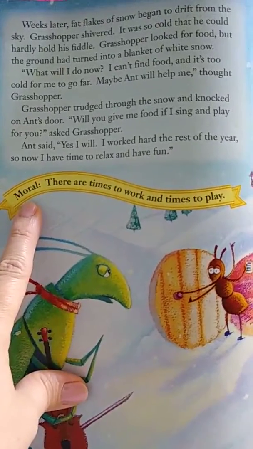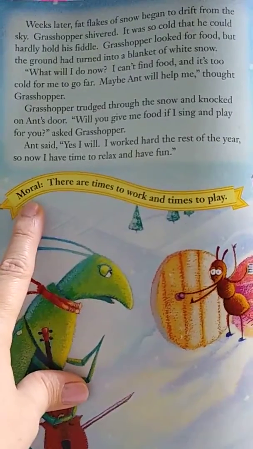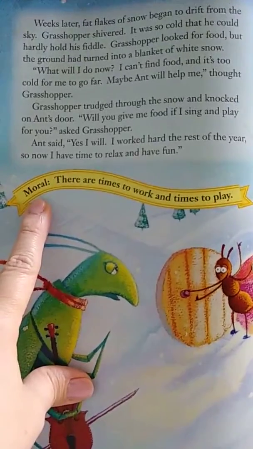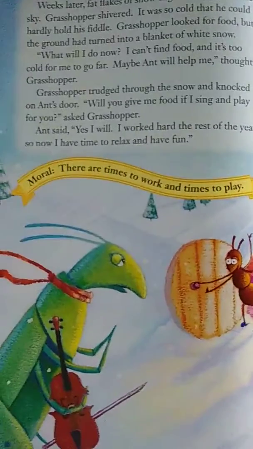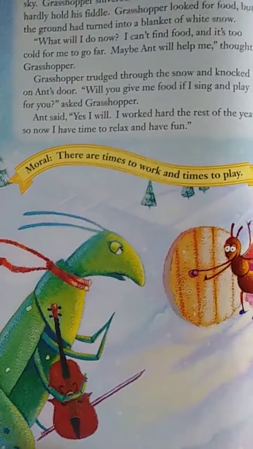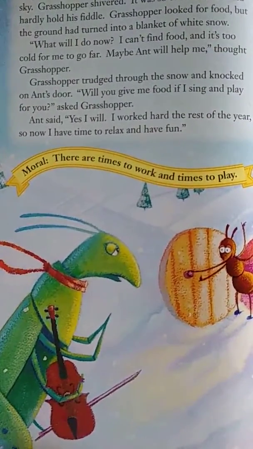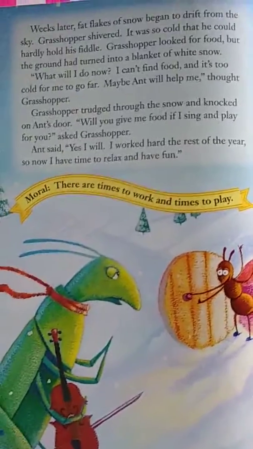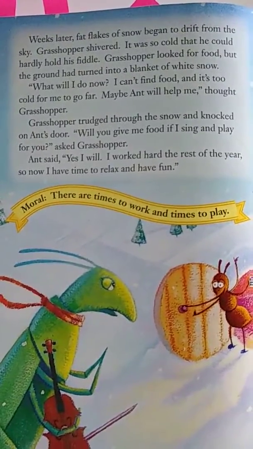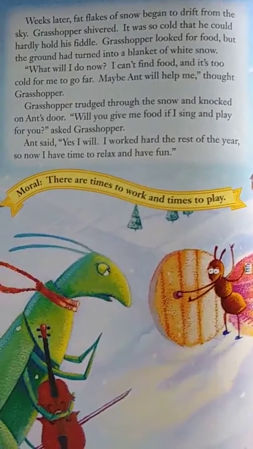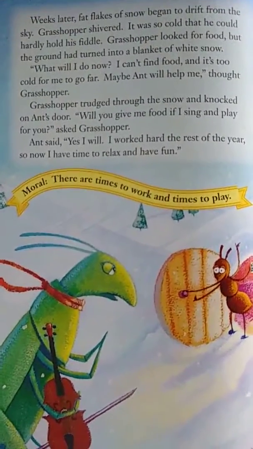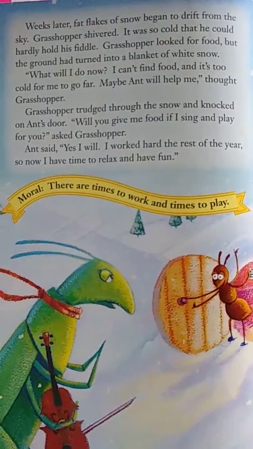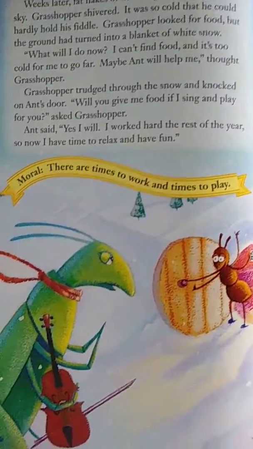Can you think of another word for moral, or another synonym for moral? Yep, I know you got it. Theme, that's right. The theme of a story is the lesson that the author wants the reader to learn. In a fable, the theme is called a moral. So when we're reading fables, you may, in a question, be asked about the theme, but more than likely, you're going to be asked about the moral. So moral is the word that means the same as theme, but is used when referring to the lesson learned in a fable.